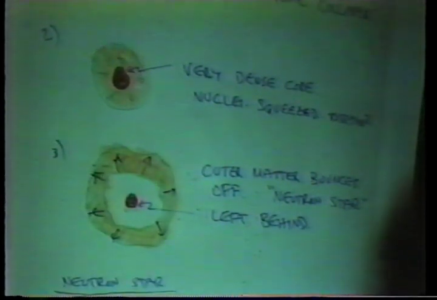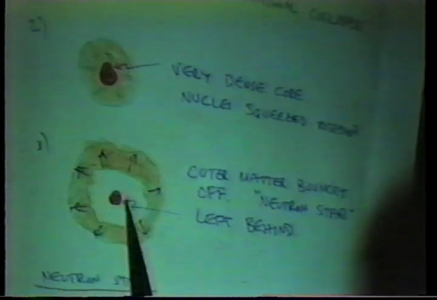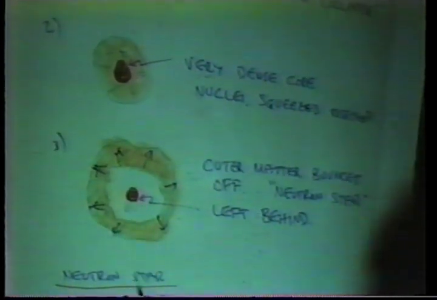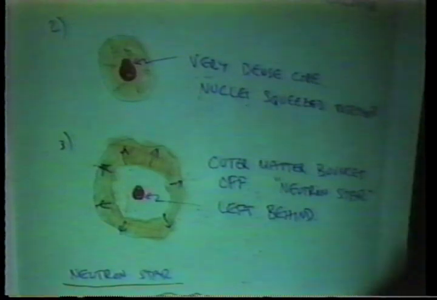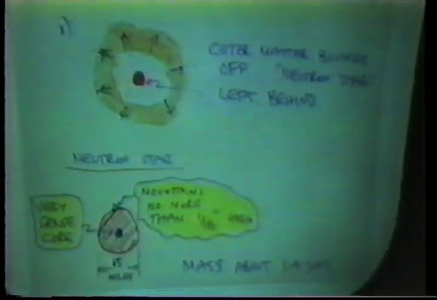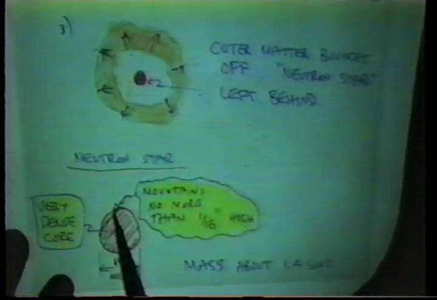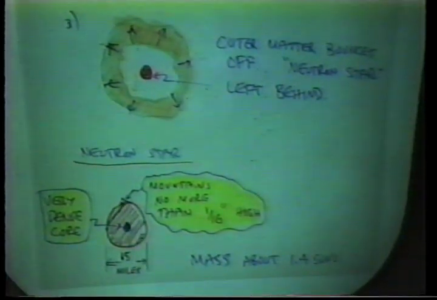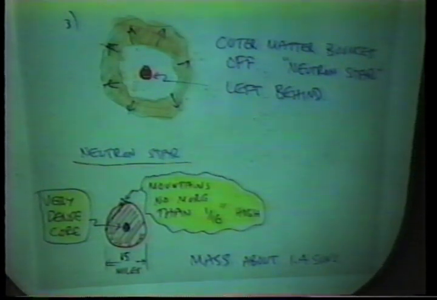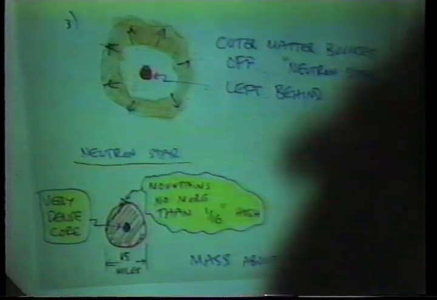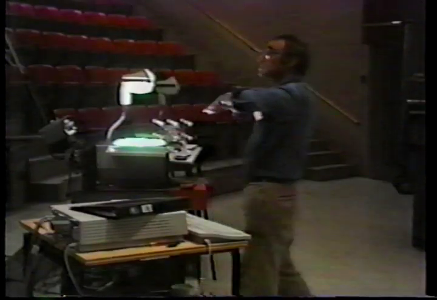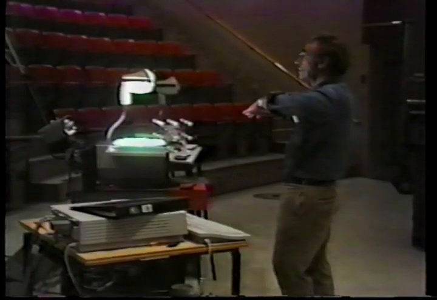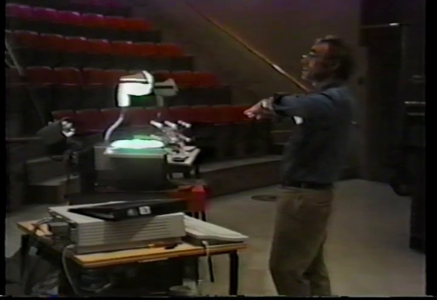But one is left with a neutron star, usually deep in the center, which is a very, very dense object that David Pines will talk about. I've actually drawn a mountain to scale here. The mountain is no more than some tiny fraction of an inch high. That's the highest mountain you can have. Gravity is very, very strong; if you try to make a higher mountain, gravity will simply pull it down. What's the highest mountain you can make on Earth? What is the highest mountain there is on